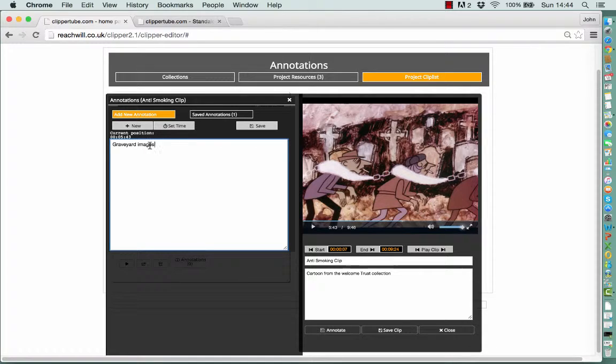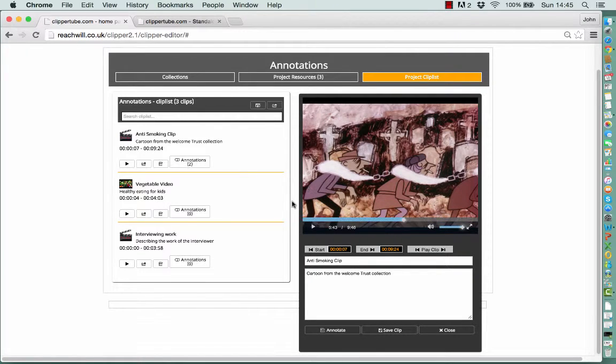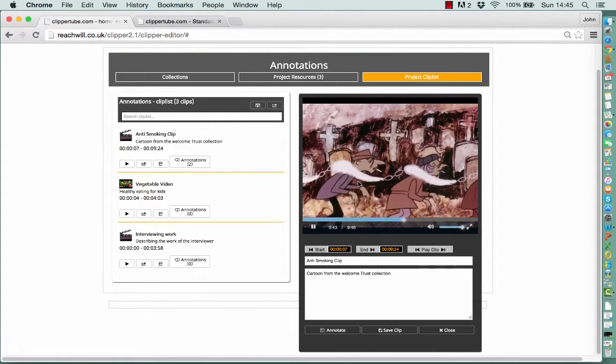I could add a lot more text here if I wanted to, and the plan is to have a rich text editor as well. I'm going to click save, and you'll see it's picked up the time here automatically. 5 minutes 43 seconds in. We'll close that. And now I'm going to go back into my clip,